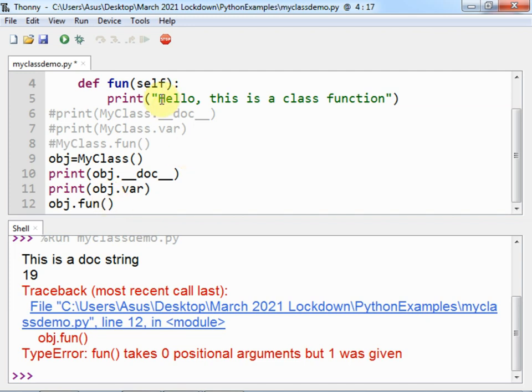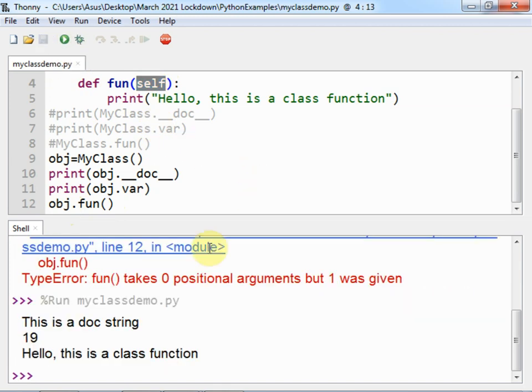So whenever you write any function definition inside the class, by default there should be a self parameter, and then the remaining parameters you can specify using commas. This self will not be considered at the time of calling, but it will be replaced by the object itself. So after modifying this, I am running the project. Yes, it is printing this hello, this is a class function.